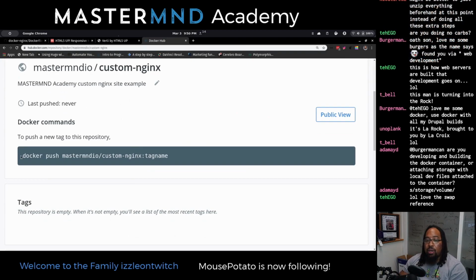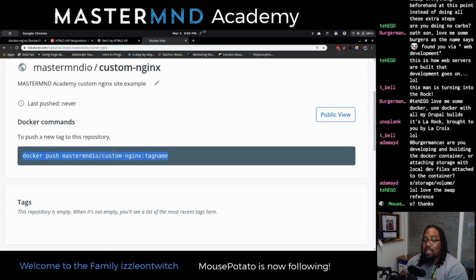Cool. So here we go. So basically, the way the namespaces work in Docker, it's your account slash the name of the image, colon, the tag name, so the version, or whatever you want to tag it with.